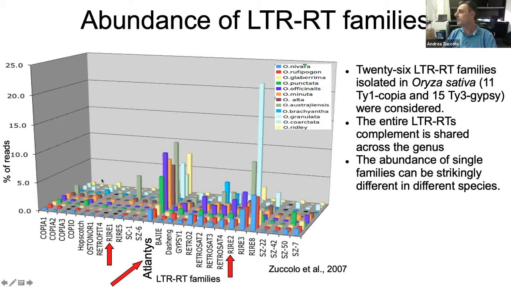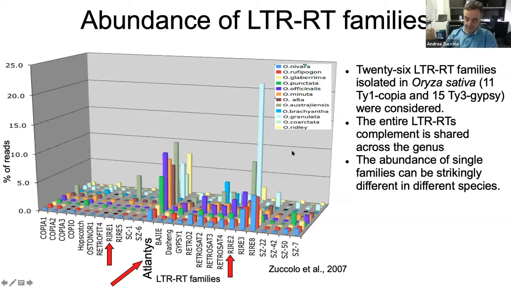So there is no family that is exclusive of one or few species. But what is quite different is the amount of copies that the very same family was capable to attain in different genomes. Here, the arrows pointed out 3 examples: Atlantis, here, Rayar 2, there, and Rayar